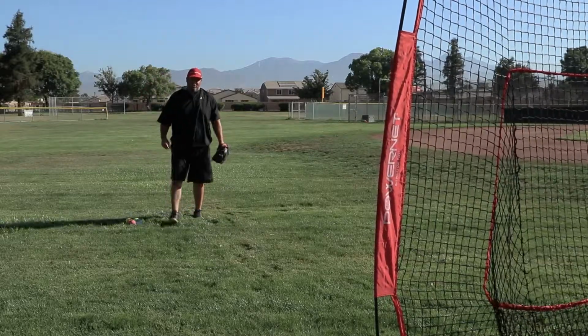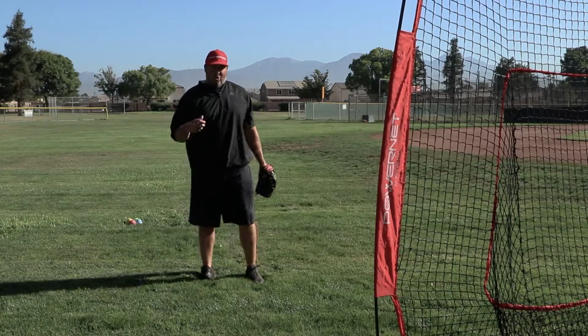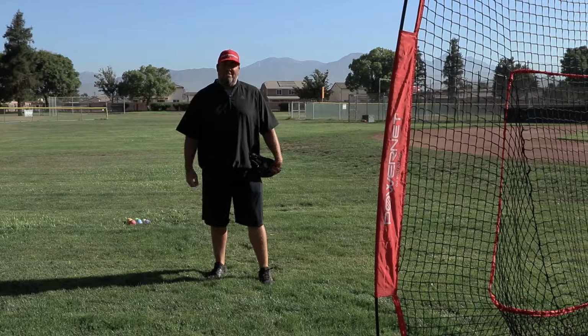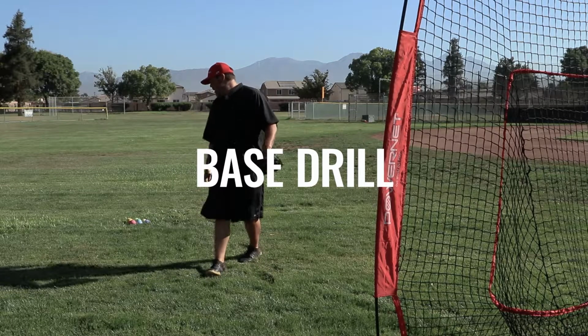The reverse throw is great because it builds up your posterior shoulder strength, or what you call your brake muscles. The next drill is the base drill, or what we call sometimes the rocker. In this drill,